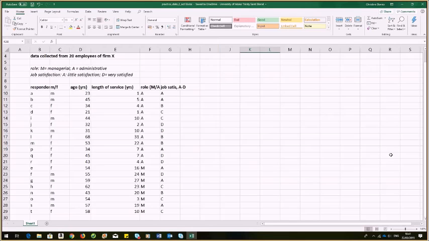This video just shows how you can insert a scatter plot for data in Microsoft Excel. We'll also go on to look at correlation and regression very briefly. So here we have a very small data set, but it's enough to illustrate the point about scatter plots and